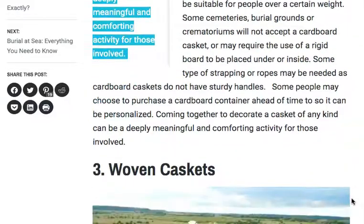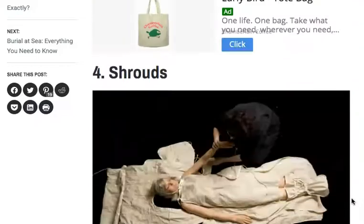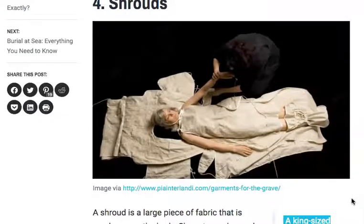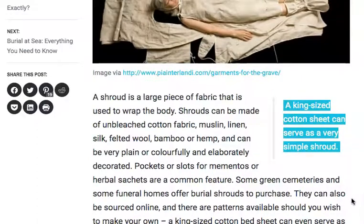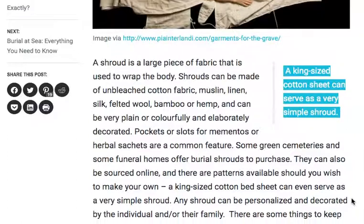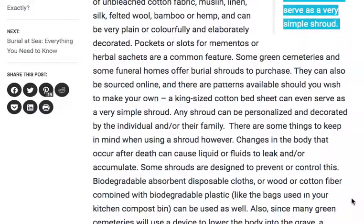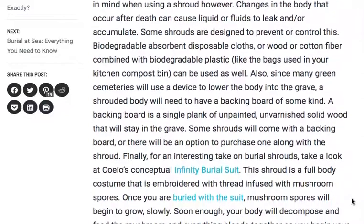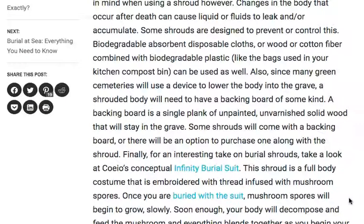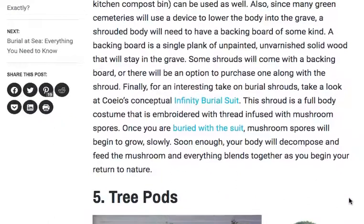Cardboard containers, woven caskets, this one is interesting. This is literally a shroud that you can be dressed in, and it looks like, from what I understand, some green cemeteries and some funeral homes offer burial shrouds to purchase. They can also be sourced online. And you can also just use a cotton sheet, they're saying here, if it's something that you would find appropriate. So they give you instructions if you're going to use a shroud, and you would actually, of course, work with a funeral home and a cemetery to follow their